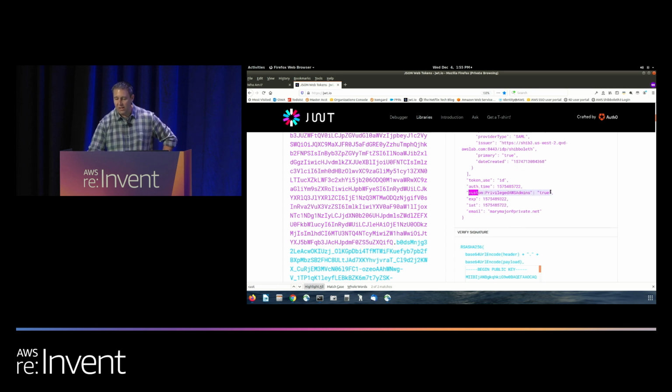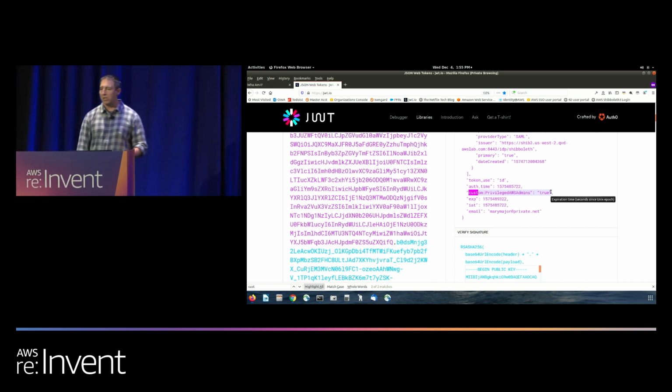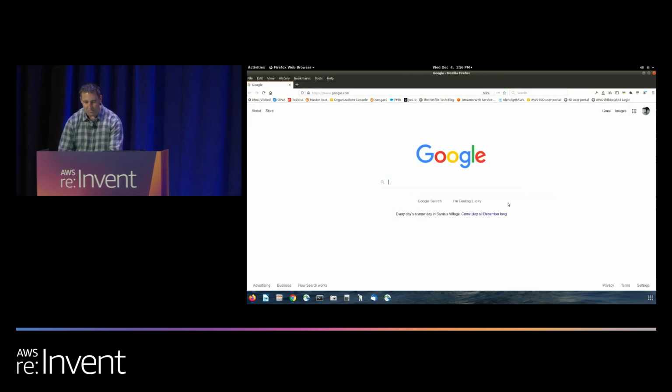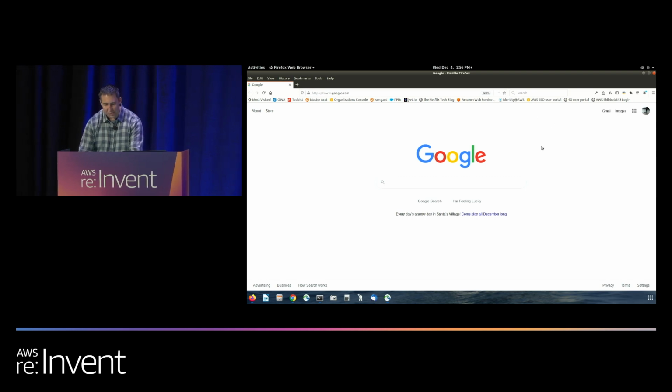In this case, I defined that Mary is a privileged AWS admin. It's coming through the same path. It's coming through a group from my directory. I could have done this more granular. I could have said she is a privileged admin in these accounts. It's up to me as the builder to define what my rules are. But at the end of the day, I defined that she was a privileged admin, which means when she flips over here,